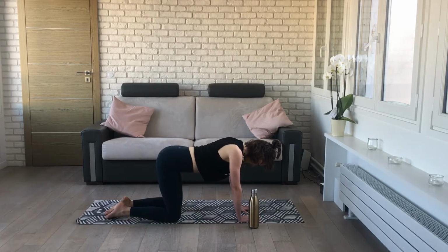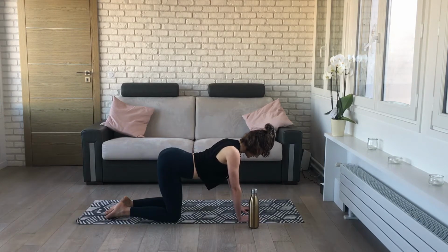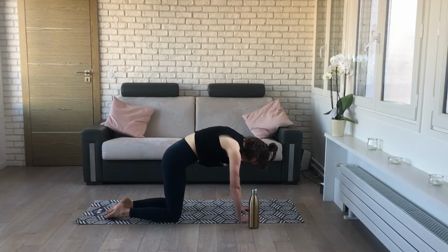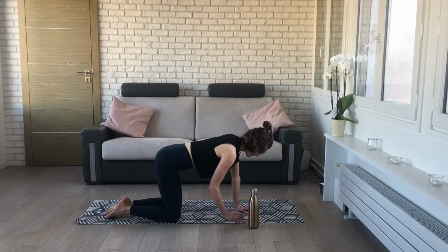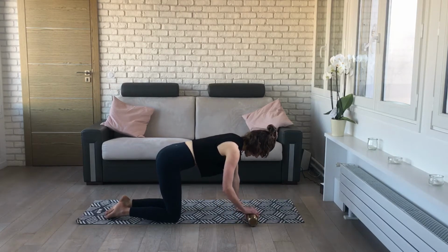And then the other way. Let's do 1 more in each direction. Up. And down. Good, good, good. Okay, so I'm going to take my weight into my right hand,